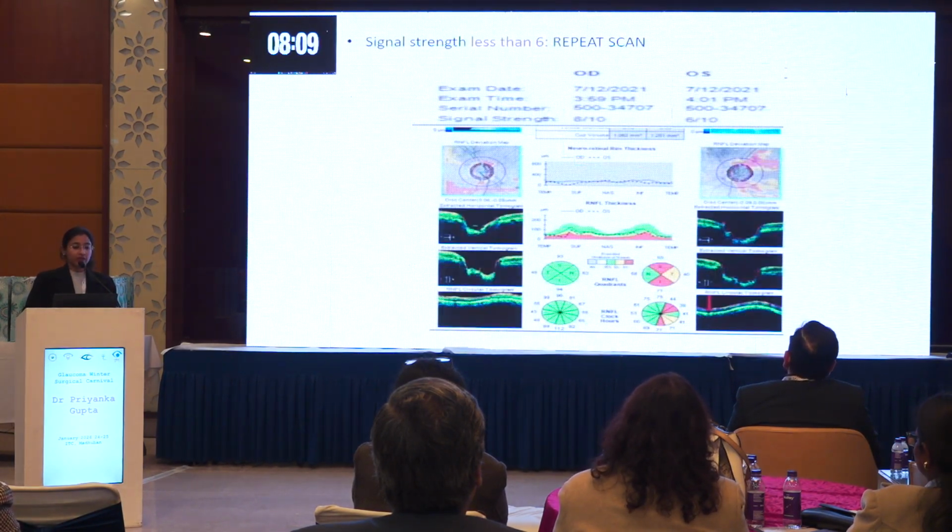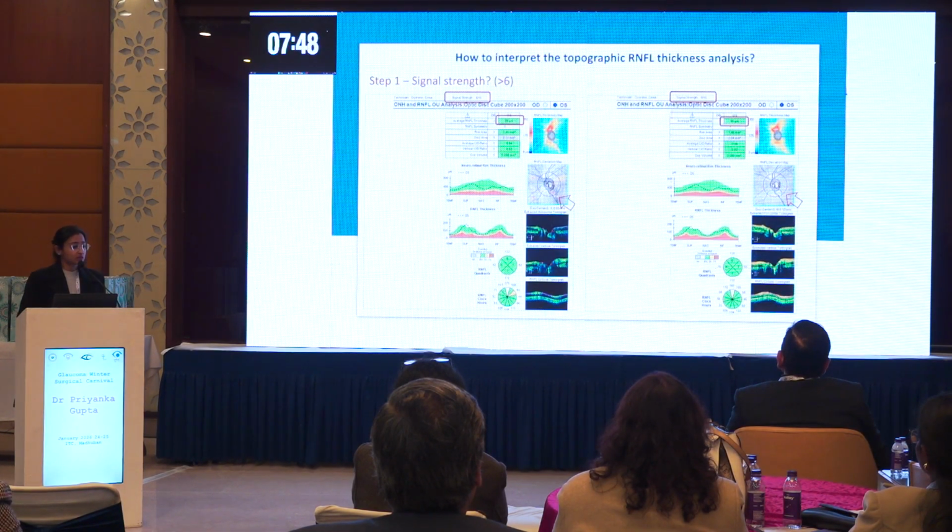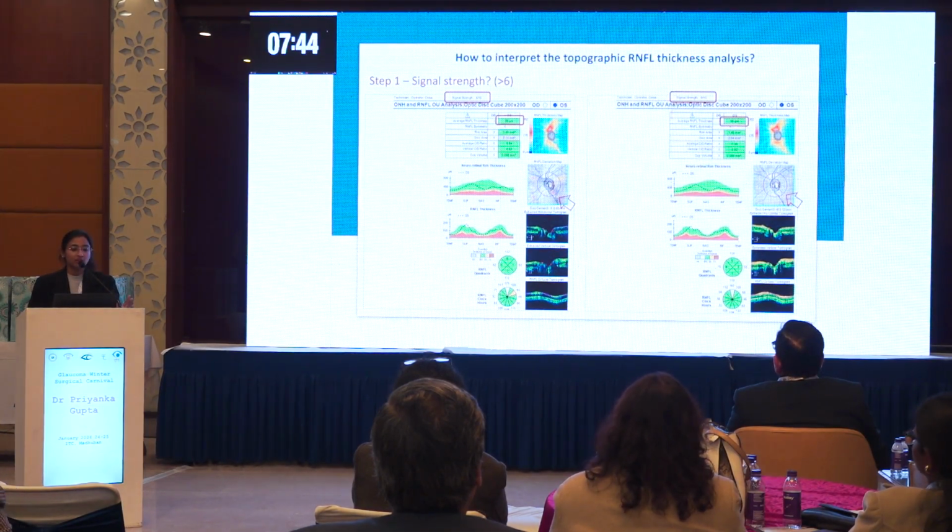And then the signal strength. Anywhere you find the signal strength is less than 6, you have to repeat the scan. It's not a good idea to read the scan with a low signal strength. Like you can see here, the signal strength is 8, and the OCT looks nice and green. But for the other eye with the same disc findings, the signal strength was 6, so you have red flags. Same example, the image is a little blurred. When the signal strength was 6, you can see that arrow pointing out a defect, and as soon as the signal strength increases to 9, that defect disappears.